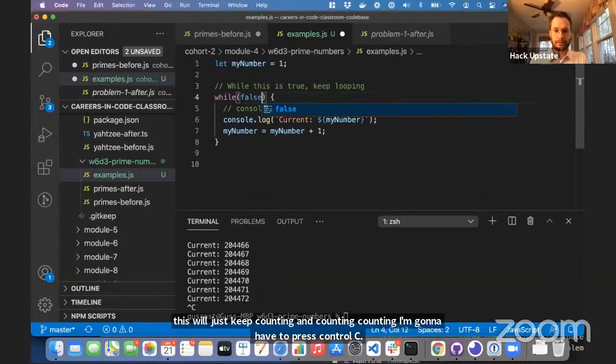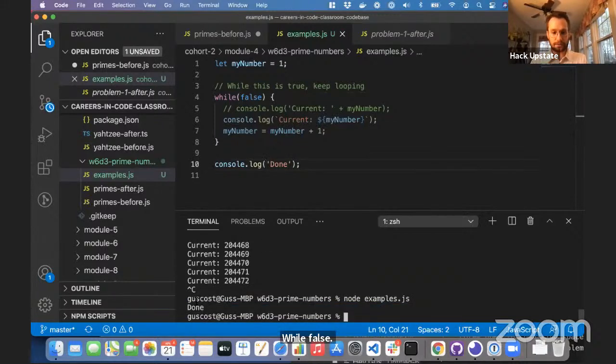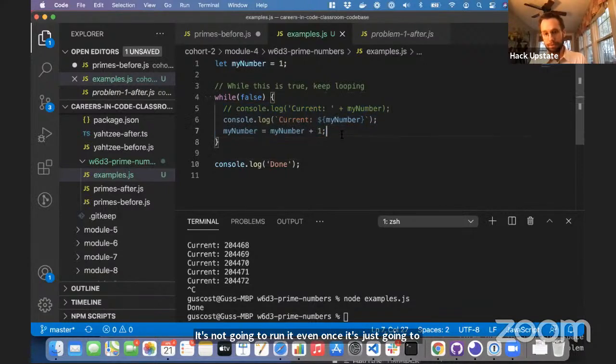While false, it's not going to run it even once. It's just going to say done. And by the way, you notice VS Code dims this stuff because it says, hey, this is never going to